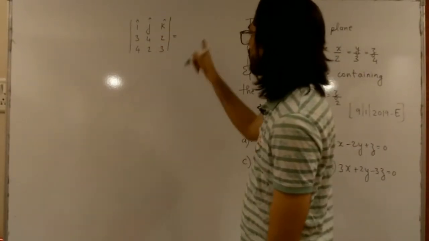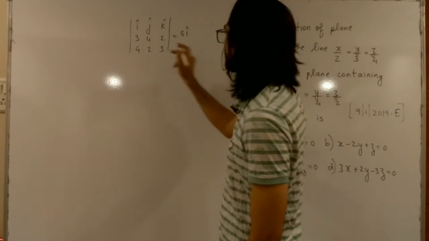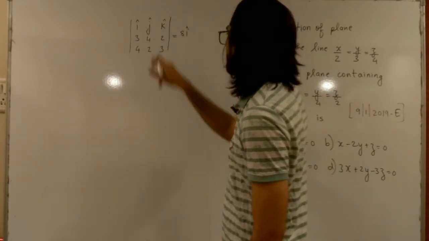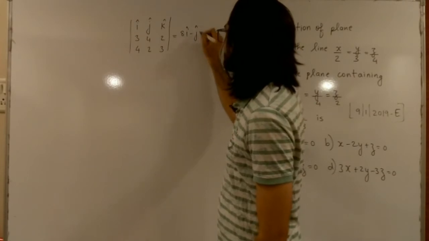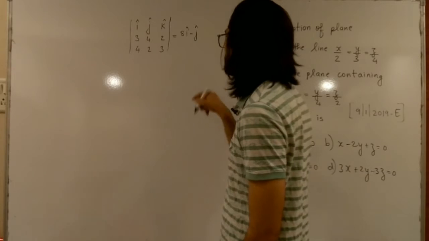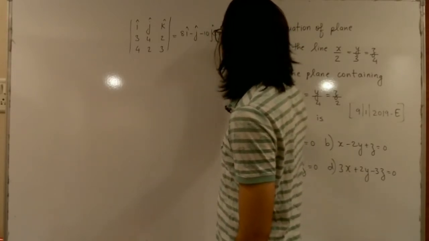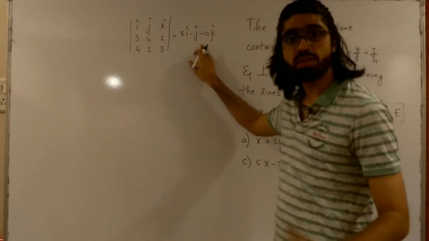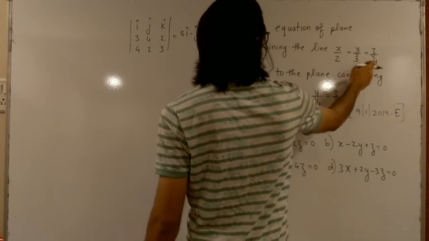Evaluate the determinant, you get 12 minus 4, which is 8i. Then you have 9 minus 8, which is 1, but there will be a minus sign at the start of j cap. And finally k cap will be multiplied with 6 minus 16, which is minus 10 k cap. Now this vector's cross product is what I am going to take with the vector 2, 3, 4 or 2i